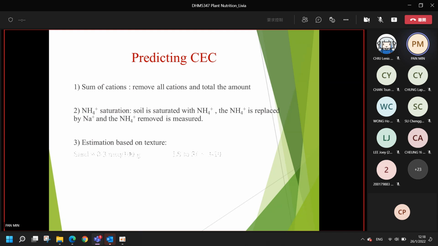And you can estimate the CEC based on the soil texture, because different soil content and different soil texture show different CEC levels. So from the soil physical and chemical properties, you can predict the CEC, and you can predict the soil fertility,